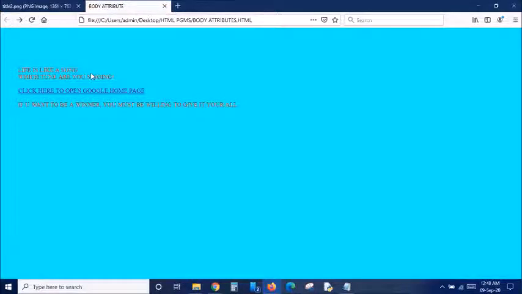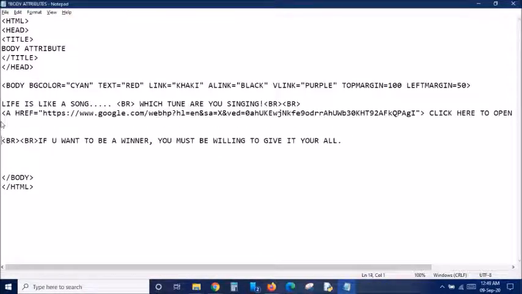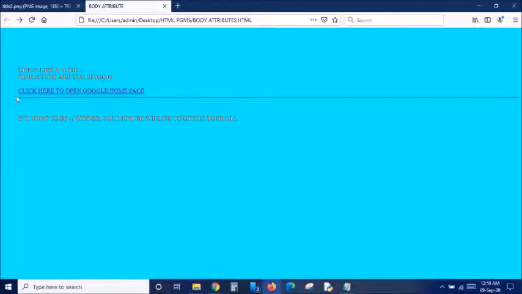And the next one is the HR tag. The HR tag is used to have a break. Again, it is a break, but it will give you a line across the page. Wherever we use it, we will get a line. It is used to separate your web page. Now let me show you how that HR is going to work, and let us have it over here. I just gave the HR tag. There is no closing tag at all. File, save. Let me show you how it is going to work. You can see we have got a gray color line. So this is how the HR tag works, which is used to divide your web page.